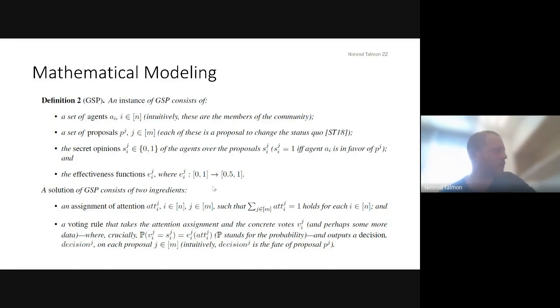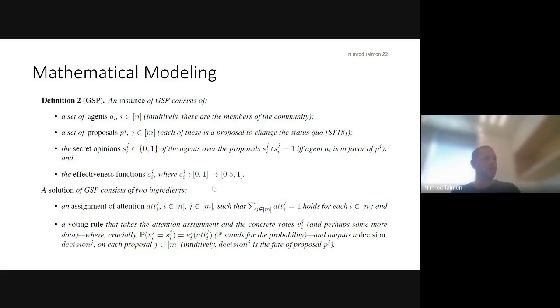And now the problem is that we have the set of voters, we have the set of proposals, and we need to find a good algorithm that will split the community attention or community time in an adequate way, such that the probability that the aggregation of the votes that we really get, the votes that the voters will really submit to the ballot box, will be as close as possible to the true fate of the proposals,